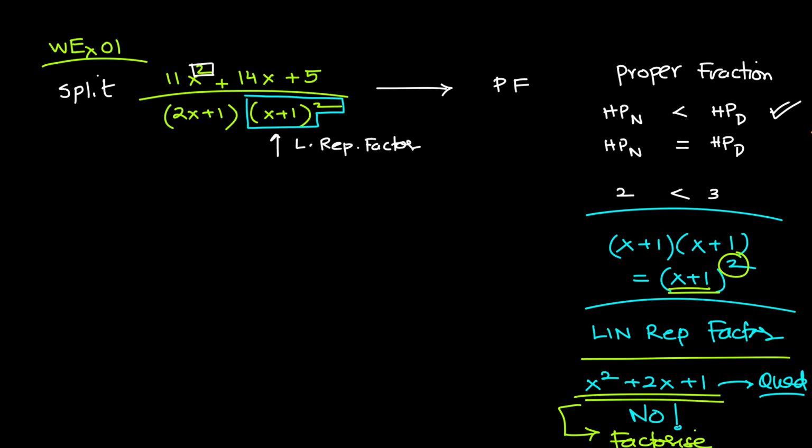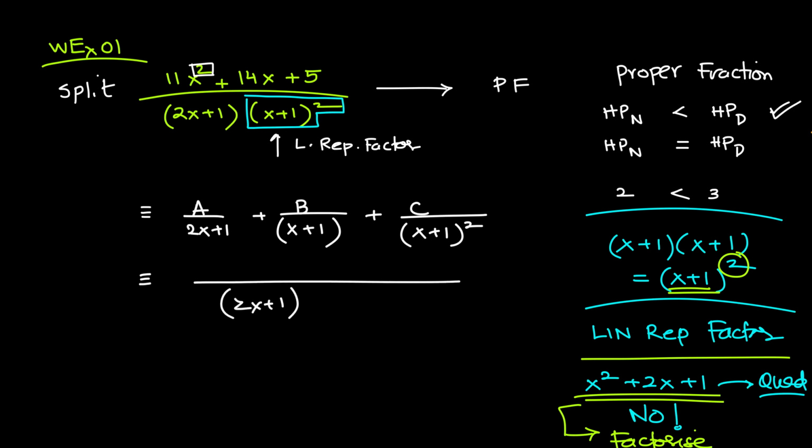And how will we write it? We will write this thing as a constant over the first factor, the normal linear factor, another constant over x plus 1 without the square, another constant over x plus 1, the whole thing square. So that is the setup for breaking a denominator with linear factors into its partial fractions. Now, the process is the same as before. You have to take LCM,